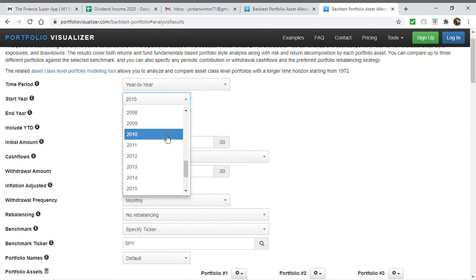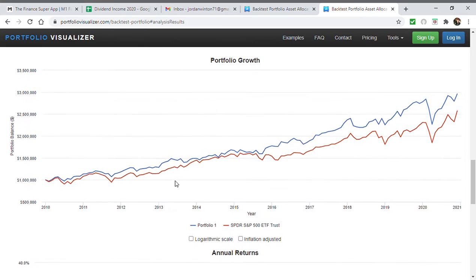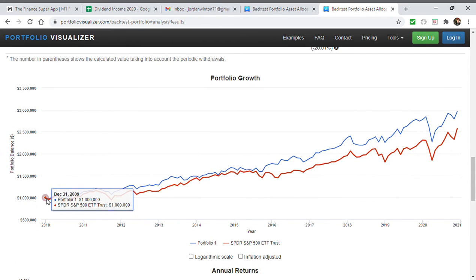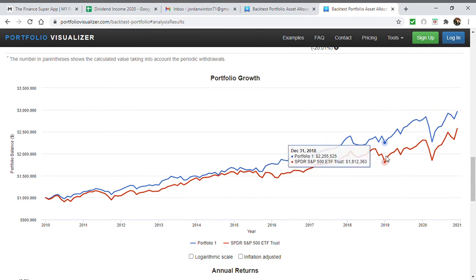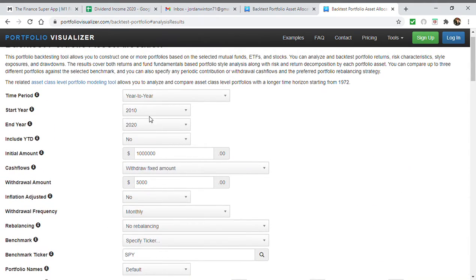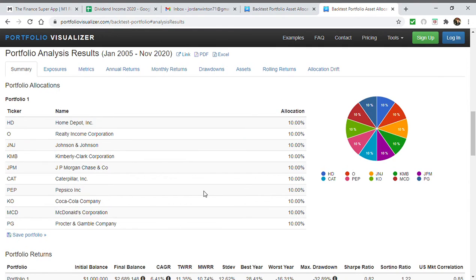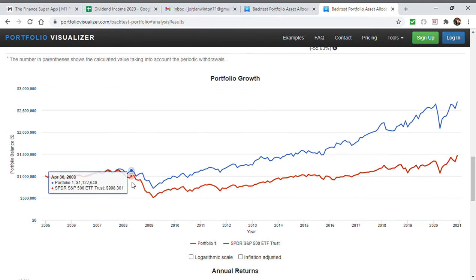During 2010, we hadn't had a recession yet. We're just coming out of the economic recession of 2008, 2009, and let's see that the portfolios take off here. You're doing just fine. But let's look at a different scenario here. Let's look at 2005 and 2000. So if we go back to 2005, this is between the dot-com bubble and the financial crisis of 2008, 2009. And this is where it starts to get interesting.